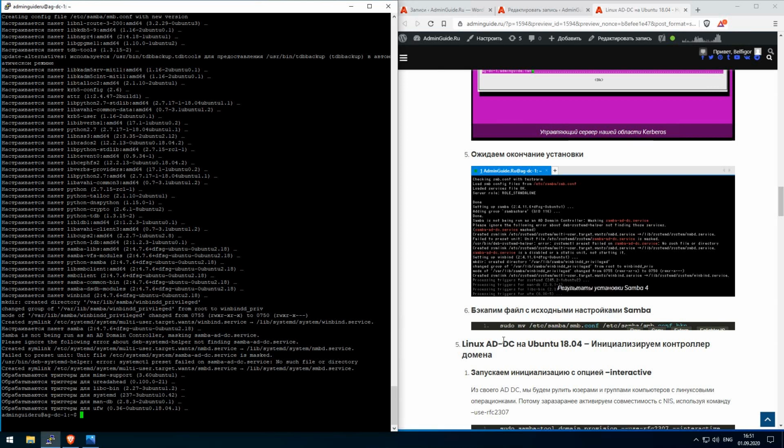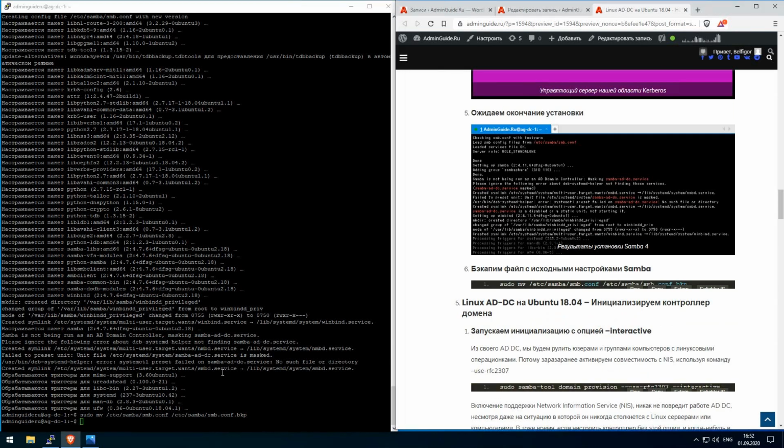After the installation has finished, we must remove or rename the Samba smb.conf file. We will rename it to smb.conf.backup. If we do not do this, the next command will not work. Now we will start provisioning our domain controller. First of all, while we are provisioning the domain controller,